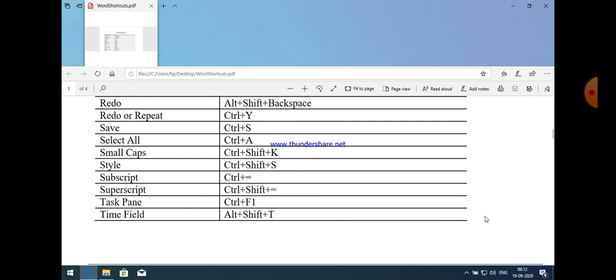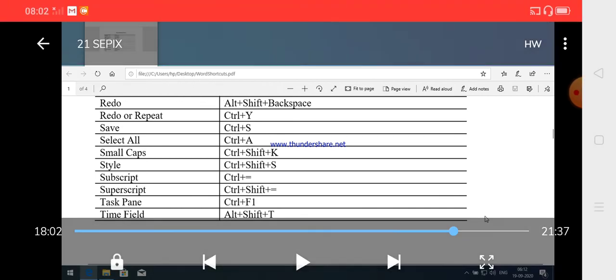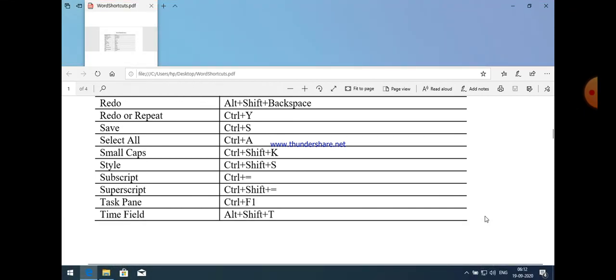And then superscript, Control plus Shift plus equal. It means Control, Shift and the equal sign should be pressed simultaneously. Where we use plus in these shortcut commands, it doesn't mean the plus sign, it means the combination of these key strokes. And for task pane, Control plus F1. And for time field, Alt plus Shift plus T.